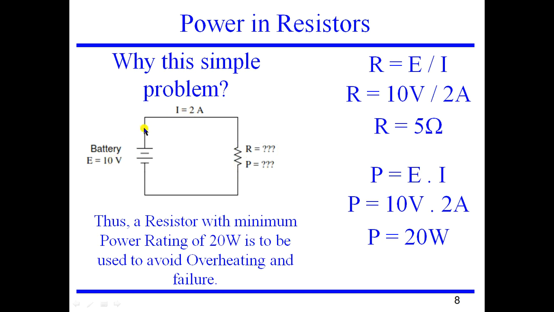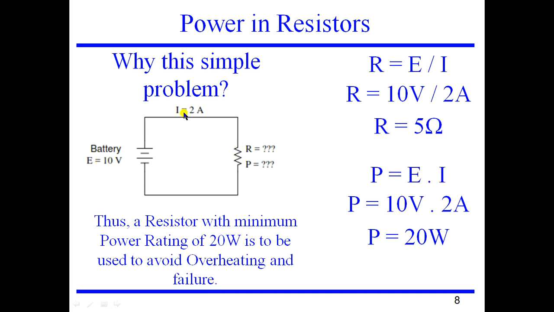As you know the value of power, power is equal to V into I. You know the value from Ohm's law, R is equal to E by I. So you're going to find the unknown value. R is equal to 10 volt divided by 2 amps, which is nothing but resistance is equal to 5 ohms. So now you know that the resistance over here is equal to 5 ohms. So an unknown value of R is being found.